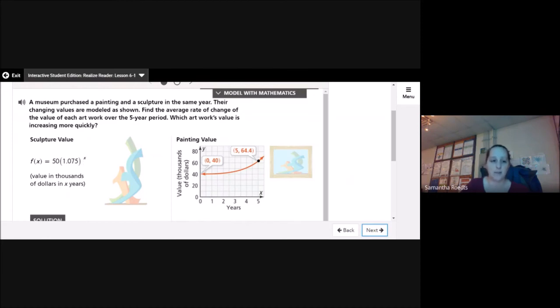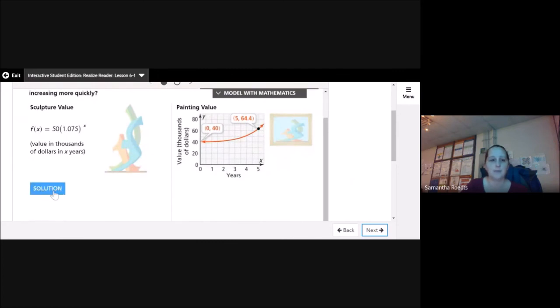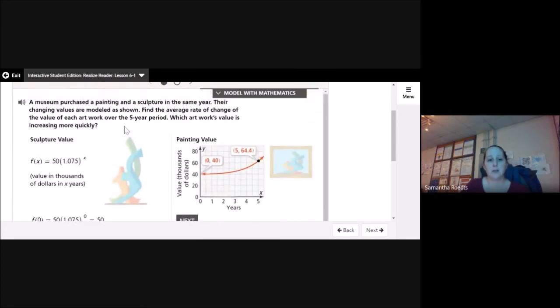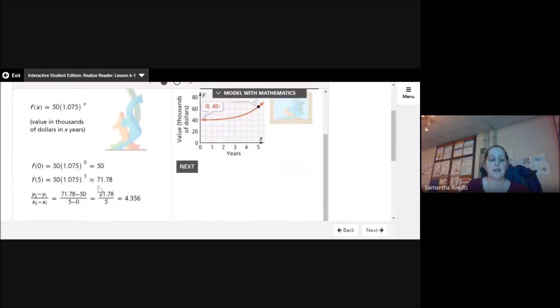Okay, so this is my f of x will be the value in thousands of dollars in however many years for the x. Okay, so here's my value in thousands of dollars for my painting. So I started at 40,000, and after 5 years, it's 64.4 thousand. So at 0, it's worth 50,000 because anything to the 0 power is 1. And then on the 5th year, because that's what it asked for, 5 years, it's